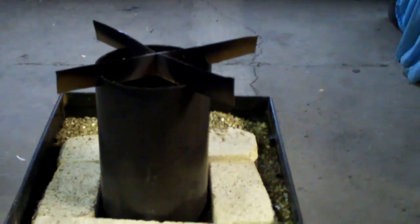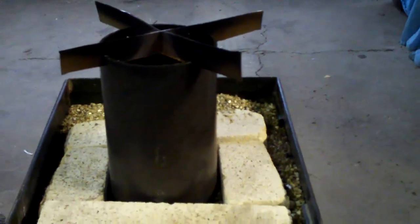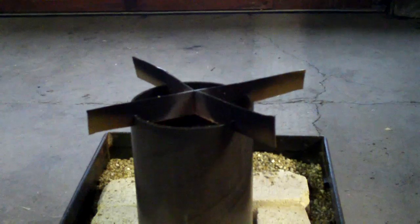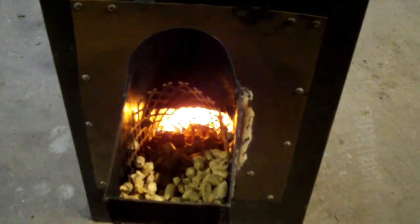I might run some exhausting through it somehow and power it with a fan, which I have an old fan from a hot tub that we had years ago, and it's about the right size and everything. But anyways, the self-feeding part is